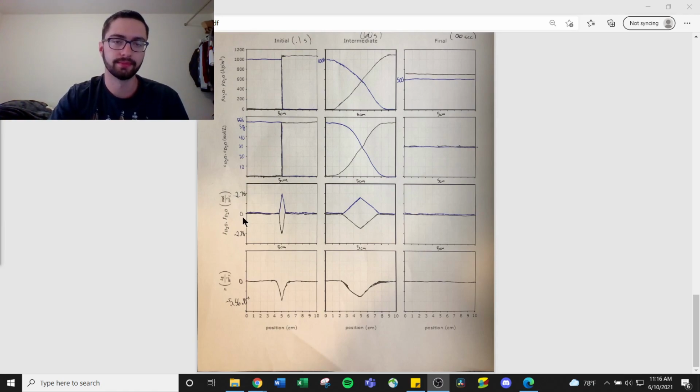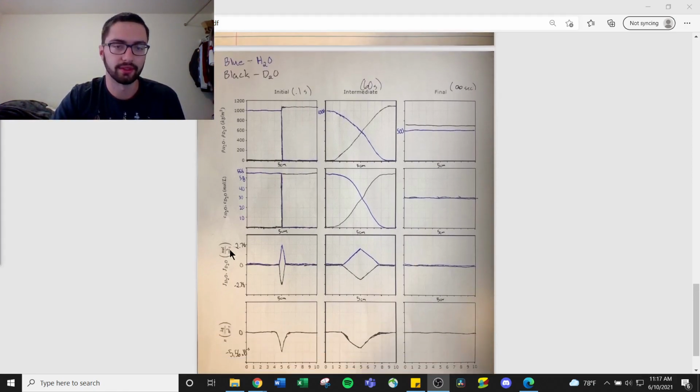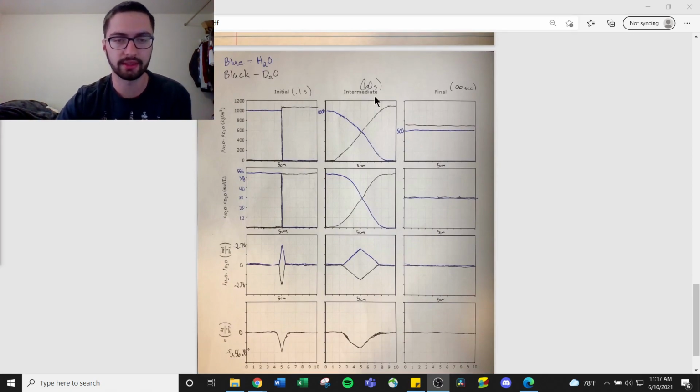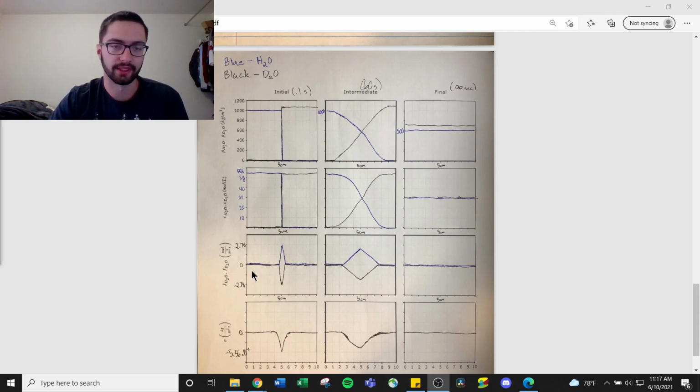And then the next set of graphs is the molar diffusion flux. So the molar diffusion flux was given to be 2.78 in the problem at the initial 0.1 seconds. So this is when diffusion has first begun. So there's gonna be no diffusion for a good majority of the capillary, and then right in the middle, when diffusion is started, it'll be a very steep jump to that max